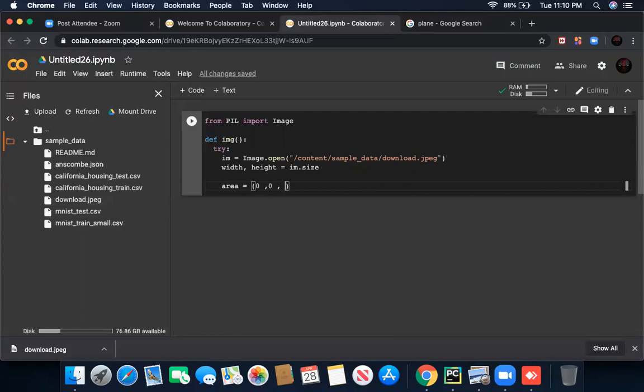Now I'm going to print the width of my image. So width divided by 2. It's a sort of formula we are going to use for our image. Because we have a huge screen over here, I'm going to divide the screen into 2 parts, so I'm using width divided by 2.